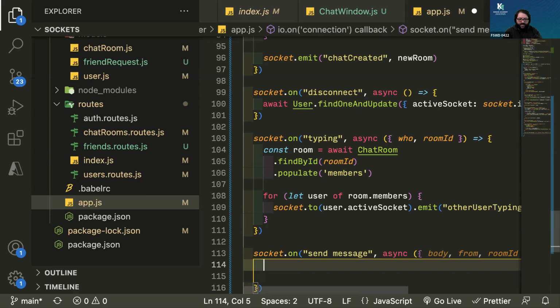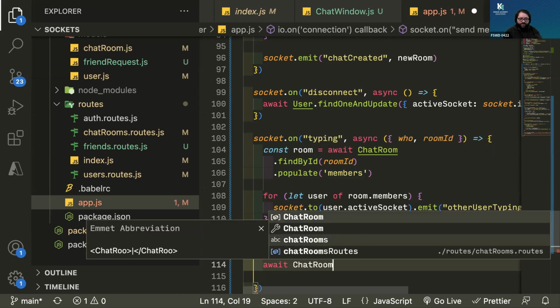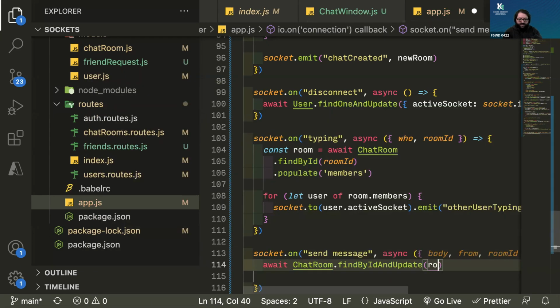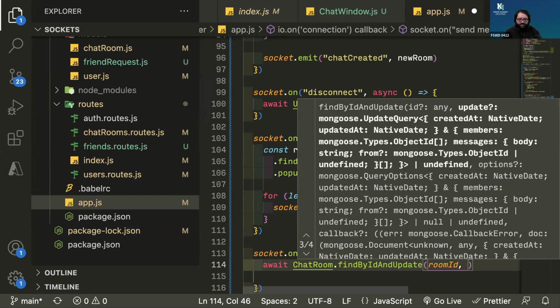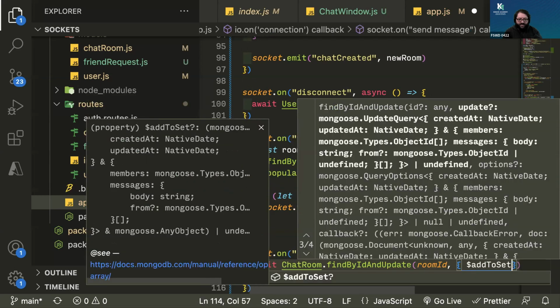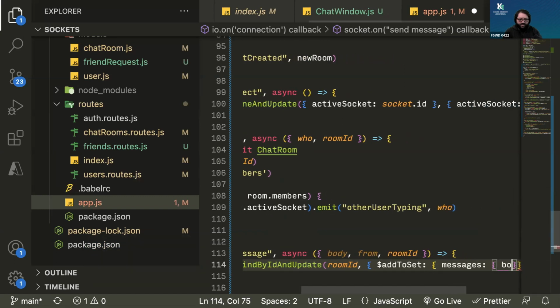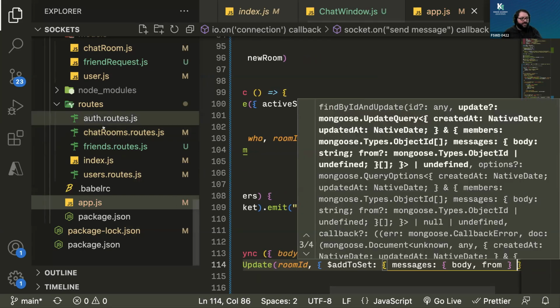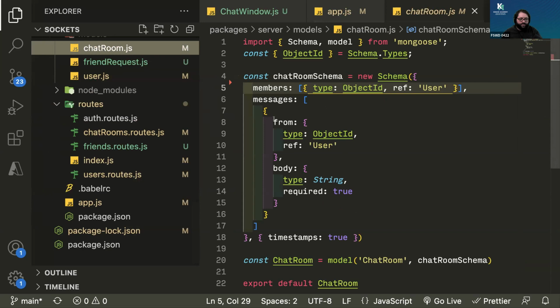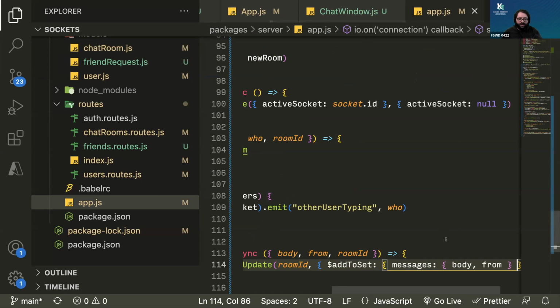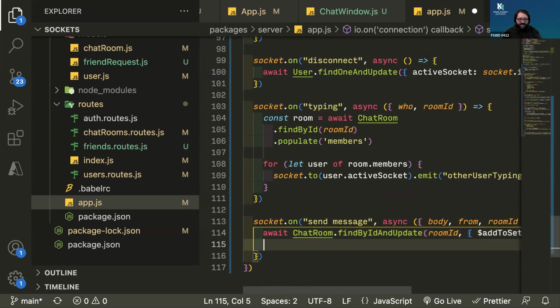I will say await chatRoom.findByIdAndUpdate. And I'm going to find it by the room ID, and I'm going to update it by addToSet. I'm going to add the object with this body and this from to the messages, because in my chat room, every message has from and body. One is a string, the other is an object ID, so a user. So I've got that, and then I will